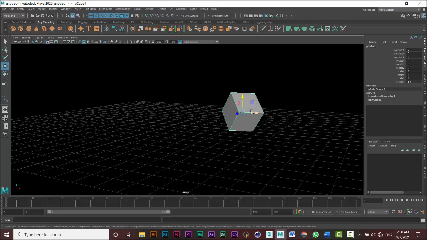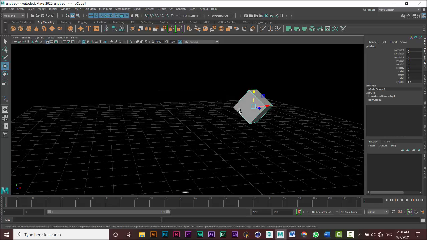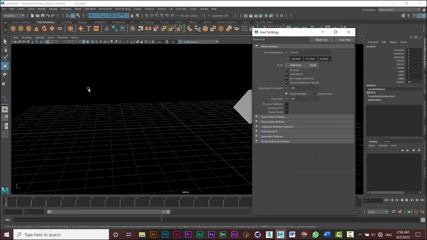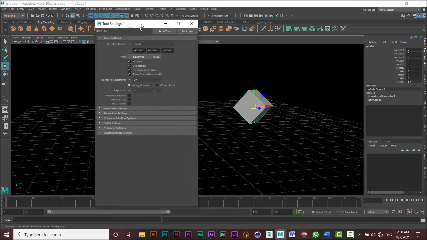But there are times you want to make your axis point along the object's axis, and in modeling you actually want to do that a lot. The way we can do this is to click on our toolbox here or double click on the move tool, and now come to my tool settings. I can see my axis orientation is world. If I change it to object, you notice that